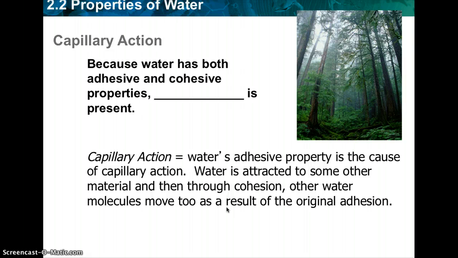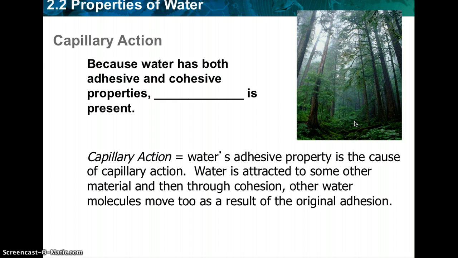So here's an example of capillary action. Think of water in a straw. When you suck up the water from a straw or a drink, the water's going to have to come together. It's going to have cohesion, and then it's going to come up through the straw. And for those who are more into environmental science, that's why I have this picture of trees. The way that water moves through trees is through capillary action. So that's when, again, the water's adhesive properties allow it to be attracted to some other material,